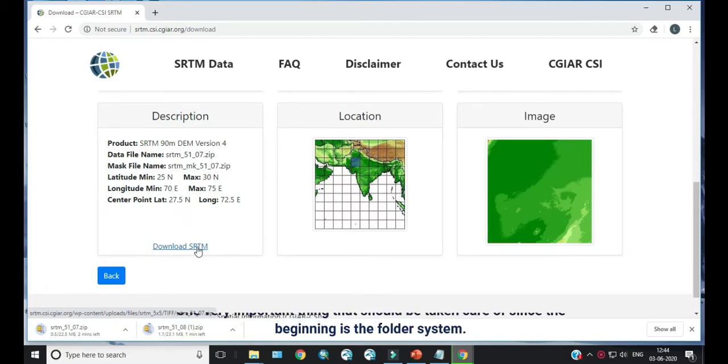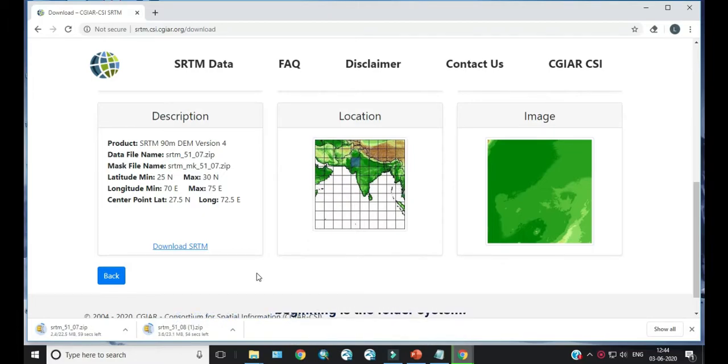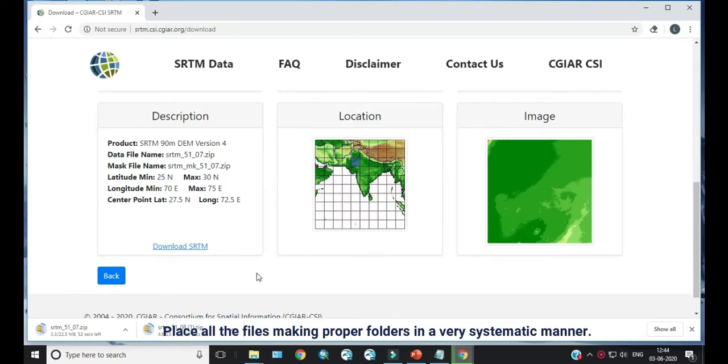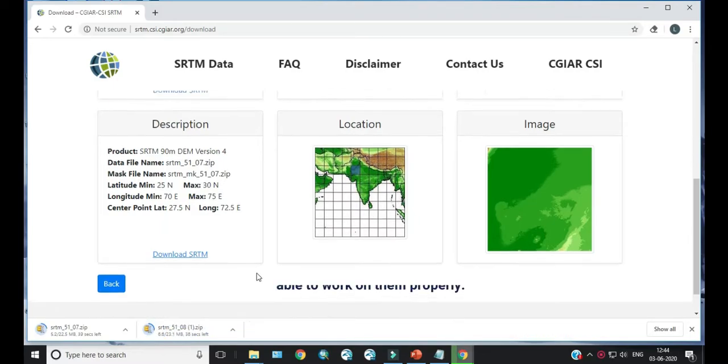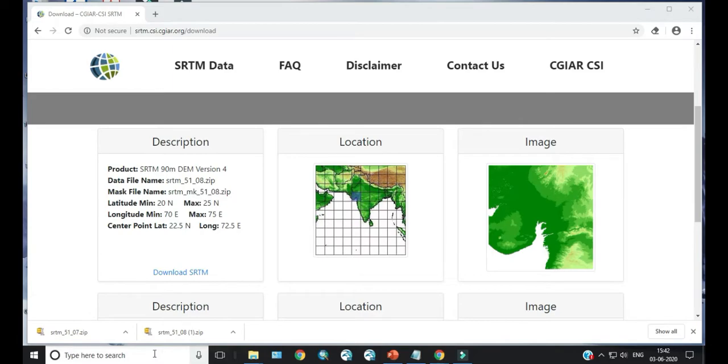One very important thing that should be taken care of since the beginning is the folder system. Place all the files in proper folders in a very systematic manner. Otherwise, in the end, after finishing creating the model, there will be so many scattered files that you will not be able to work on them properly.